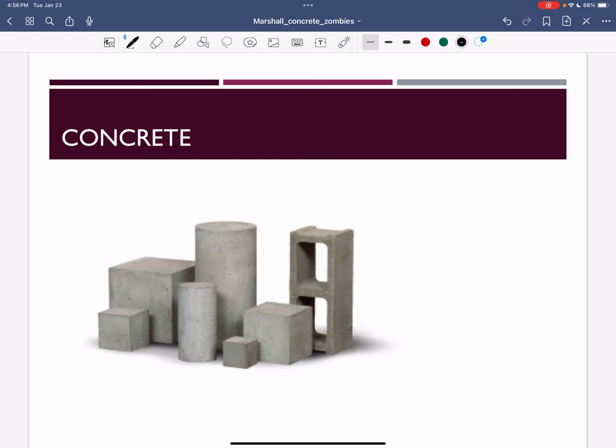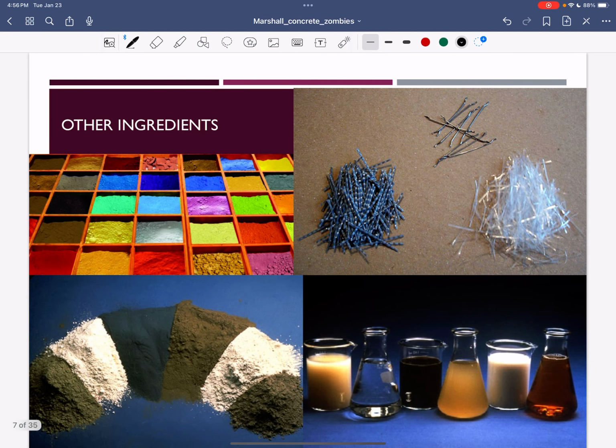So here's concrete. You've seen these blocks. These are masonry blocks or concrete masonry units, CMUs, cylinders of concrete and other specimens like this. These guys don't have the big rock in them. If you look at them up close, they look like a concrete Rice Krispie. They're just a little bit different formulation, but you can see those things at Menards or Home Depot.